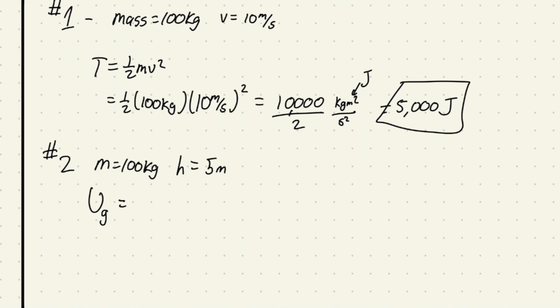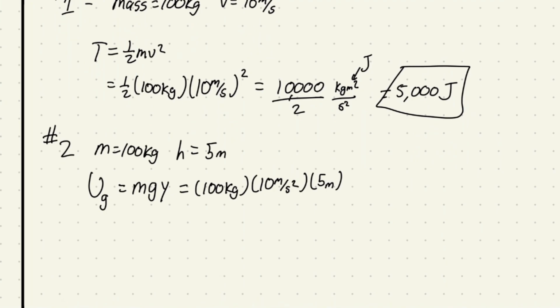U sub g is equal to mass times the g constant times y. Our mass is 100 kilograms. g is 10 meters per second squared. And our height, or y, is 5. So if I take that 5 times 10, that's 50, times 100, which would be